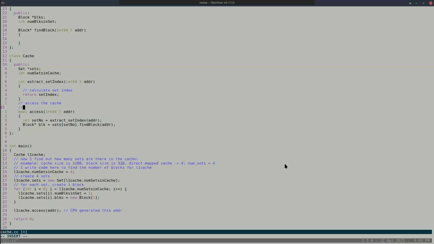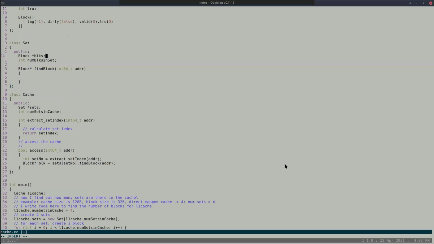Now, what should I do in the find block? This set has a few blocks, right? You can see that this set has blocks. So now what should I do here? Find the tag and then check for it in the blocks. Let's say the address itself is a tag. Let's not complicate things. So where is the address stored?